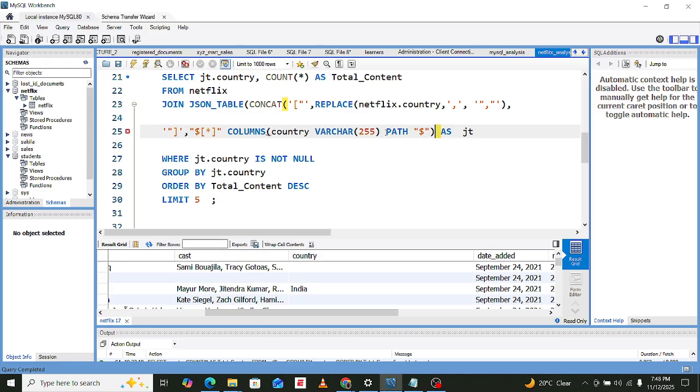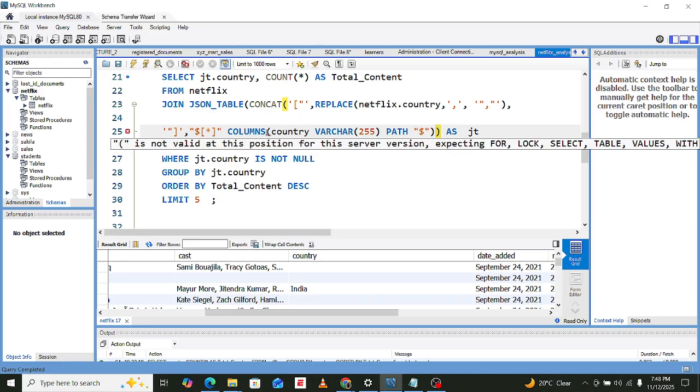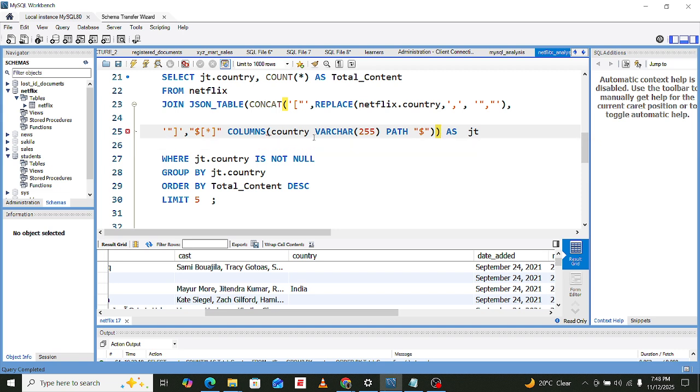Also, what if you try putting a closing parenthesis on the part before columns? Sorry, after columns, where we have columns here. No, before that, you put a closing. Yeah, what if you do a closing parenthesis over there? And what are we trying to close? Let me see this. On the part where we had contact on the JSON table, it closes on that, and then you remove the one that you've added on the path part.